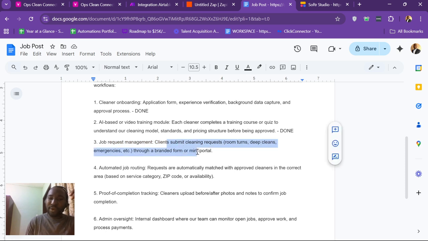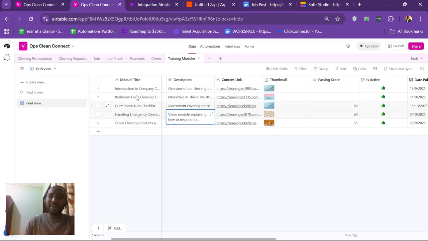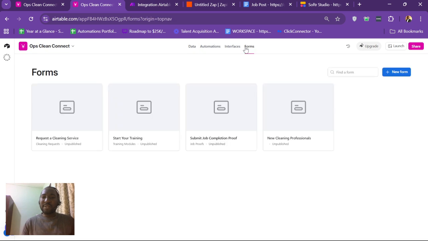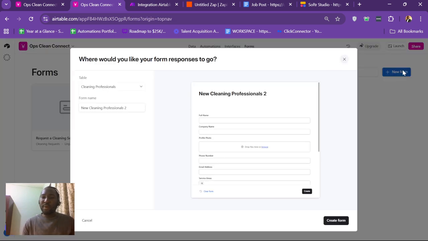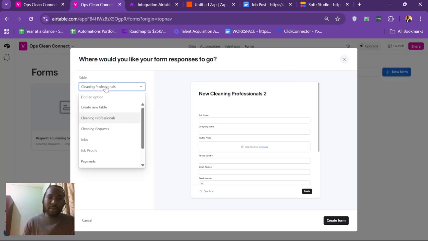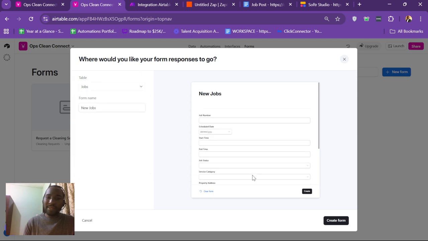management. Clients submit requests through a branded mini form or portal. This also, I would prefer we use anything that has to do with submission of forms. Fillout is always my best recommendation, but for the purpose of this video, we're just going to use forms to show you what the form will look like. So clients can